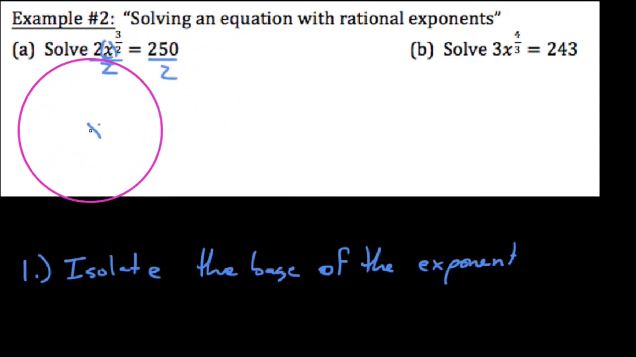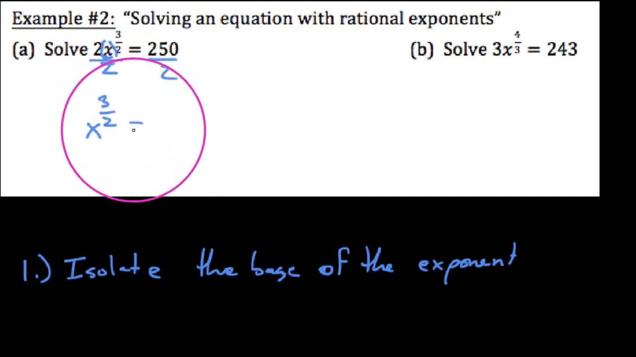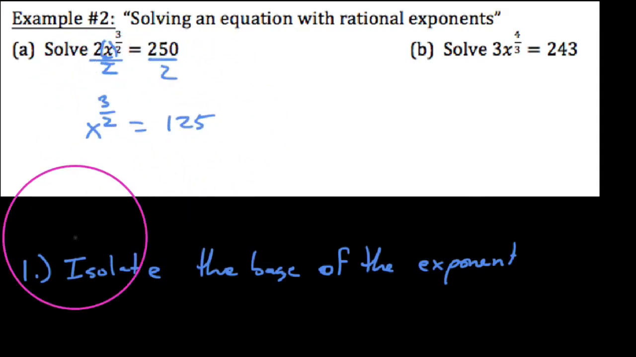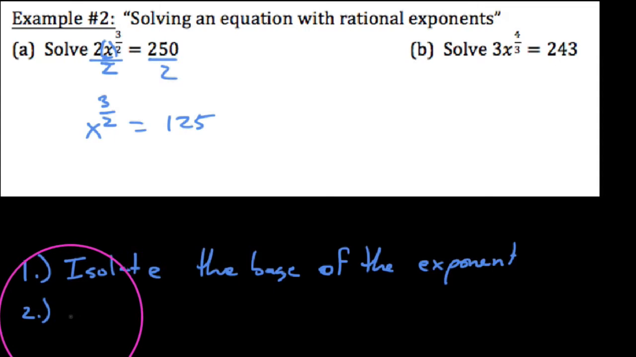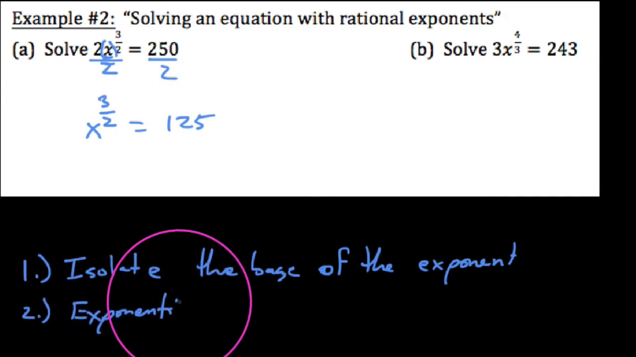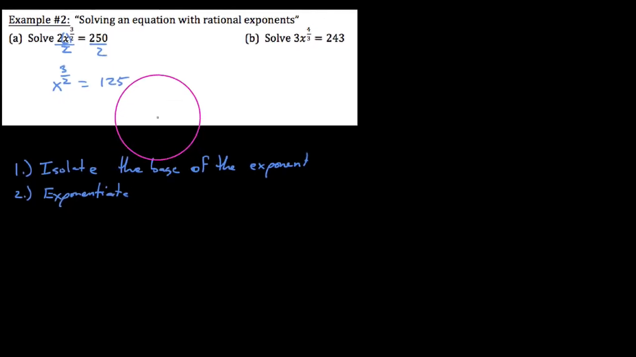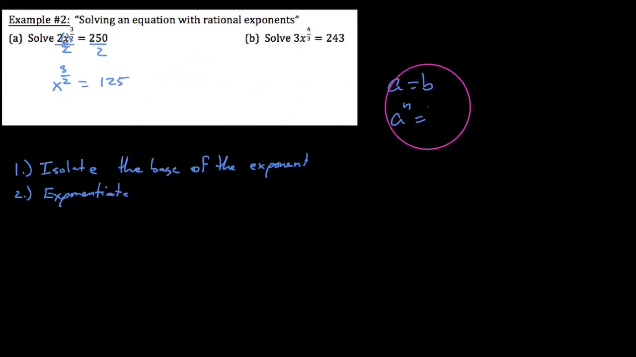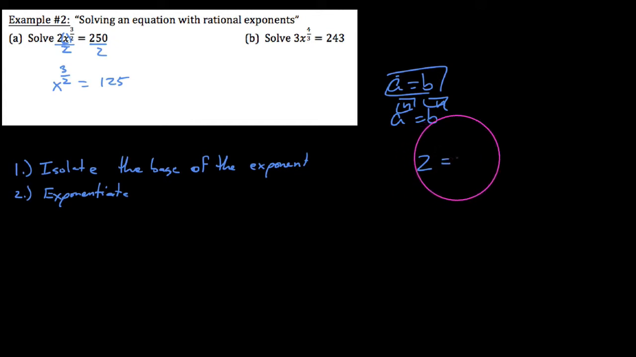So the first step is to get this by itself. There's a reason we want to do this, because the very next step is to exponentiate. This is a funny word that basically means: if a equals b, then a to the n equals b to the n, as long as the powers are the same and the two sides were equal to begin with. I'm allowed to apply the same power to both sides. So we're going to exponentiate both sides